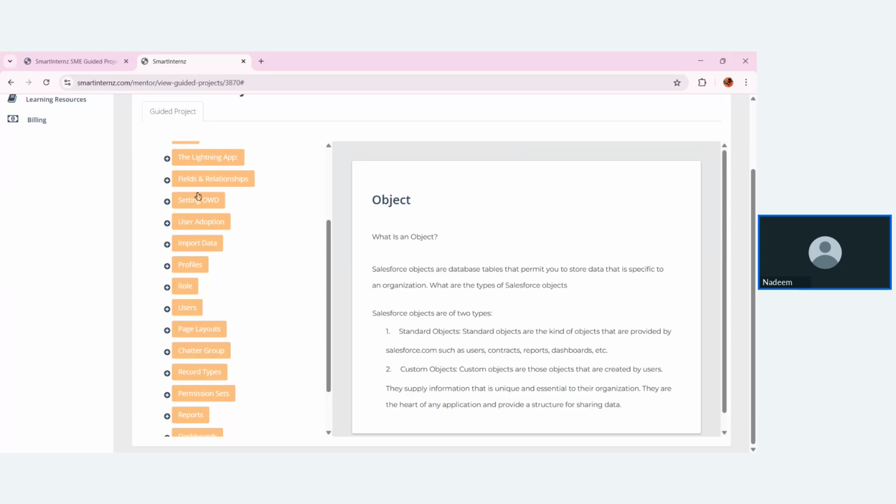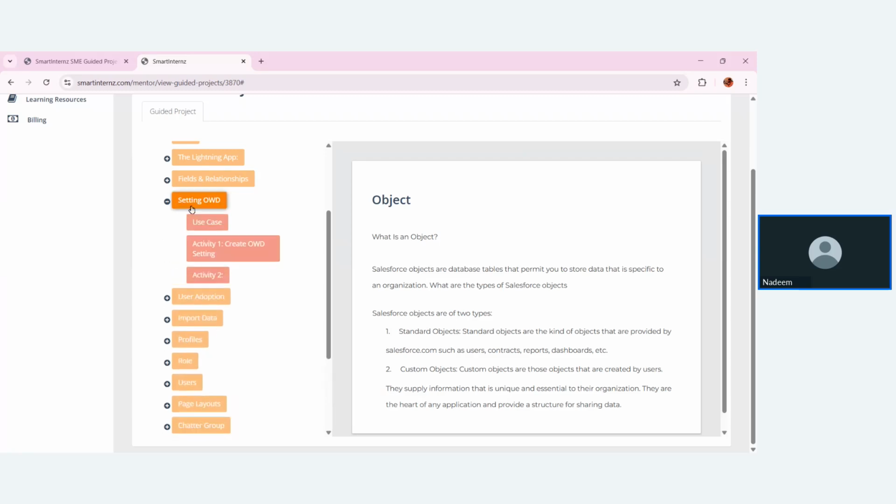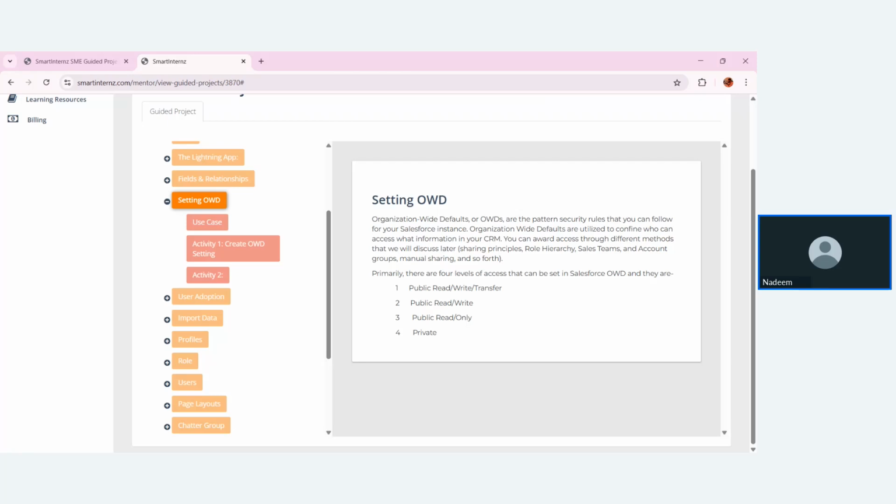So there's something like setting OWD. OWD is nothing but organization-wide defaults. You might be aware of this OWD, and we have taught you about it in our live sessions, where it restricts the accessibility over the records of one particular object in Salesforce to each and every individual. Okay, so if I make the OWD private for one particular object, like let's say employee, then